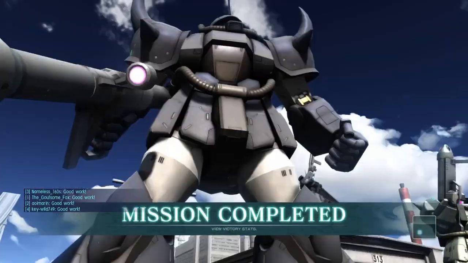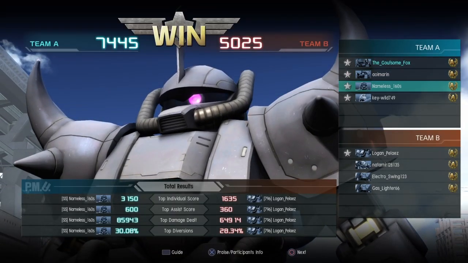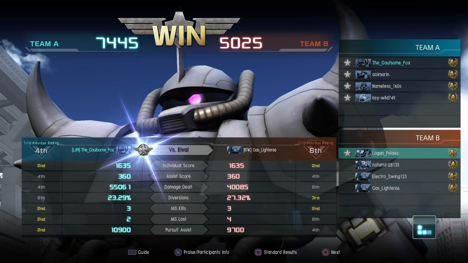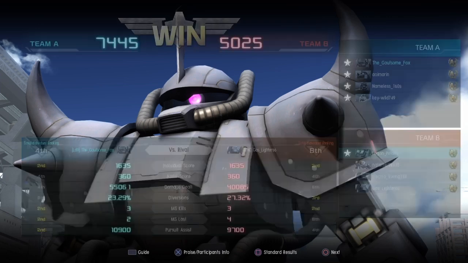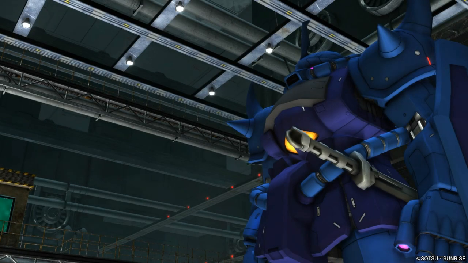But hey, looks like we do have a mission completed here. And yeah, the Slave Wraith is going to get top on our team, and then the Gouf Flight Type on the enemy team is going to get top on their side. Fourth place with 3 kills and 2 losses, not too shabby there. And yeah, that's going to do it for this quick little match in the Gouf Flight Test Type